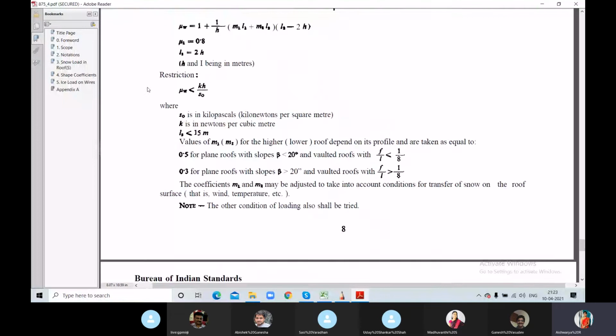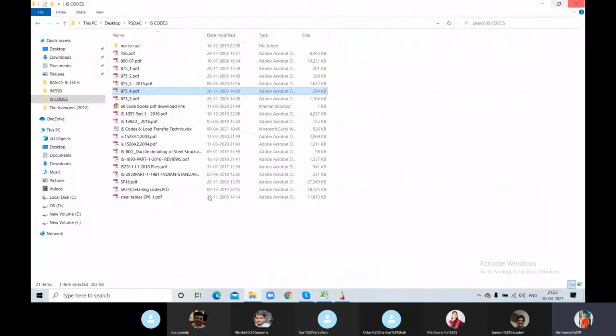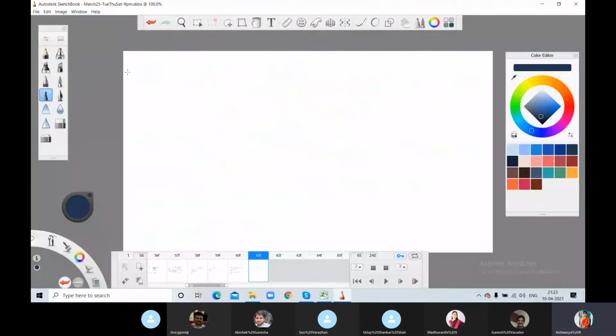Since there are various types of constructions, the snow load accumulated in each type of building is completely different. So the common buildings will be given in the code book, and we'll be using those values. So that is IS 875 part 4, and this comes next, seismic. The fifth one is,